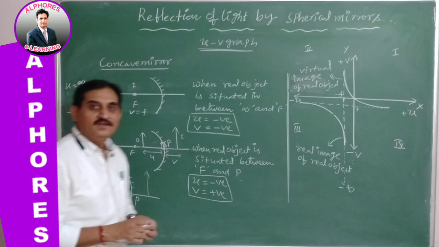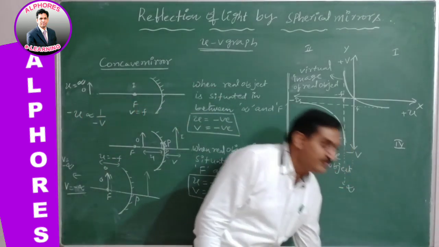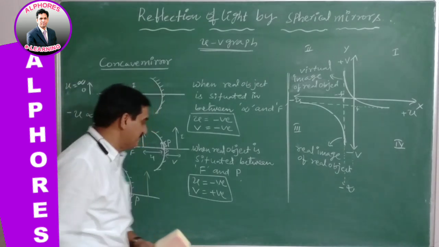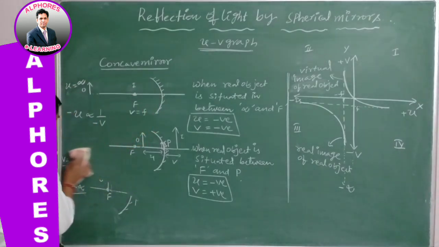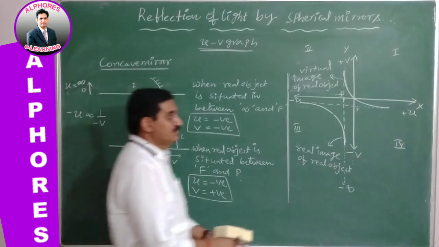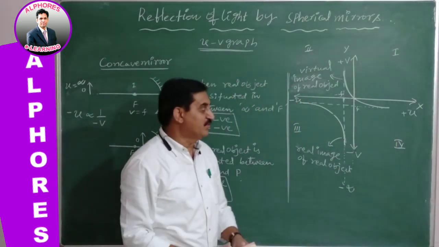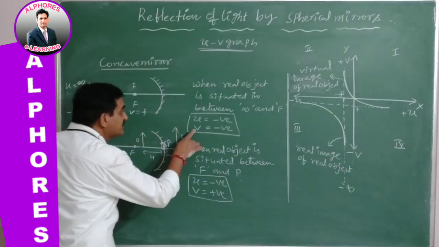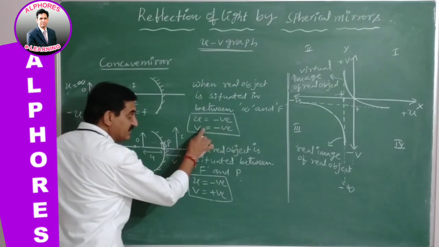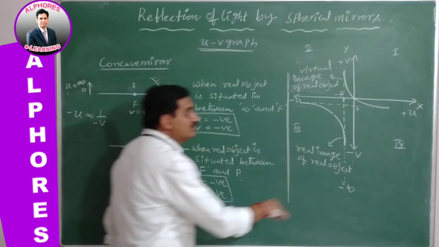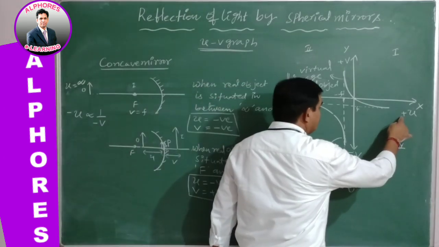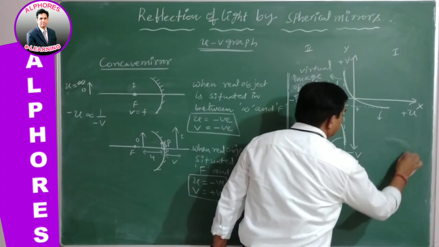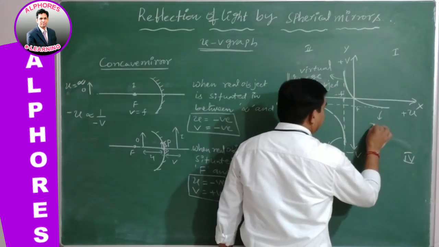That is possible in the case of a virtual object. For a virtual object, the object distance is always positive; u is taken to be positive. Therefore I am going to give the point a name. This is a virtual object, and for this virtual object v is negative. In which situation is v negative? Real image. v negative means it is a real image. So u positive means virtual object, and here its name is given in the fourth quadrant. This is a real image.